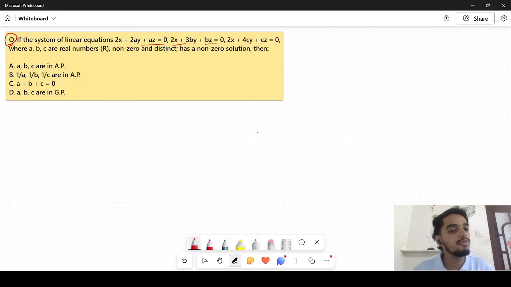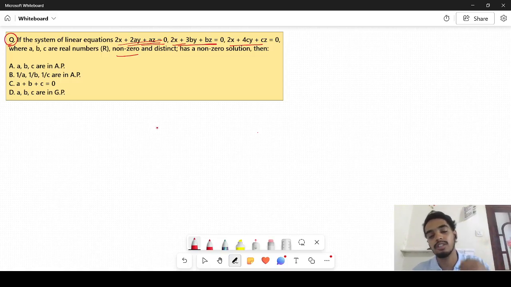So this is our first question, which is from the System of Linear Equations chapter. So what is the question? It's a system of linear equations, and three linear equations are given, and we need to find a non-zero, distinct solution. Before solving this, let me ask you: if there are three linear equations in three variables,